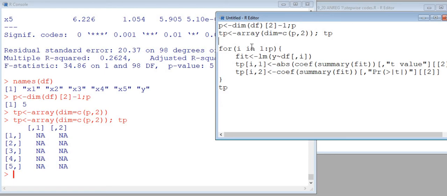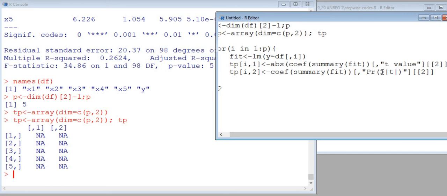Okay, so this is how we put it, and then we will run just like what we did before. Here the ith row, the first column is for the t-value of this variable, and the second column is for the p-value of this variable. Okay, here I put the value 2 because, for example,